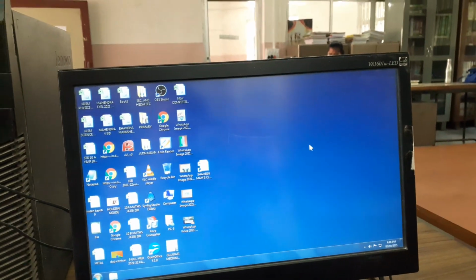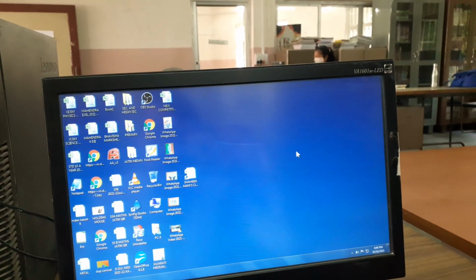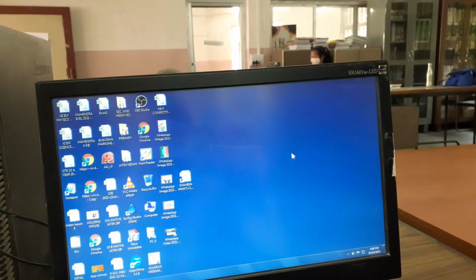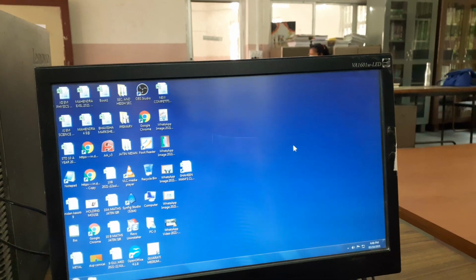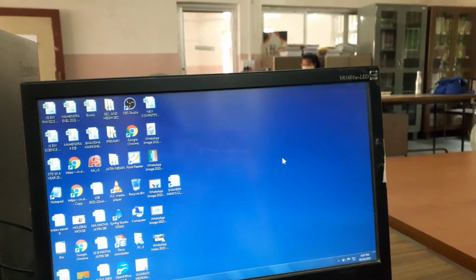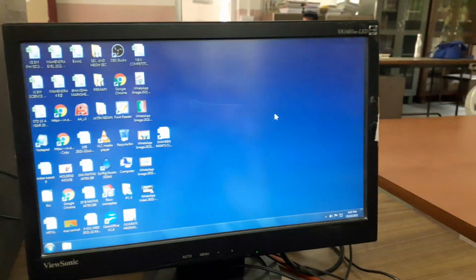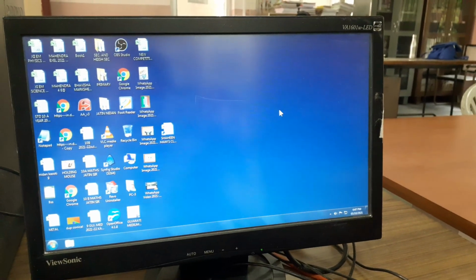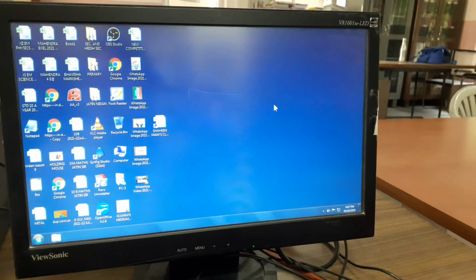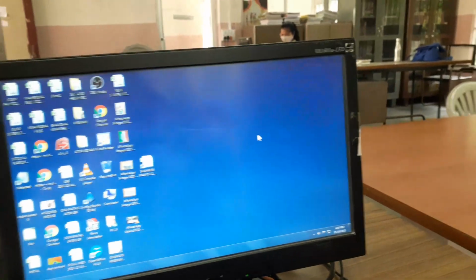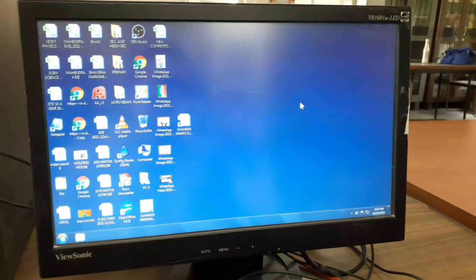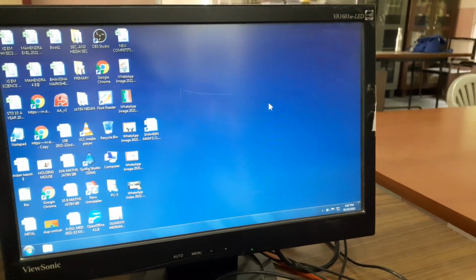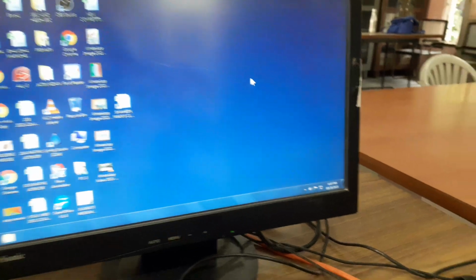So children, we are on lesson number 2, working with windows. In the last lesson we learned about opening multiple windows, right? Now we will see the next topic, page number 32, make a window active, right children? So how do we make our window active? There are 3 open windows on the desktop.